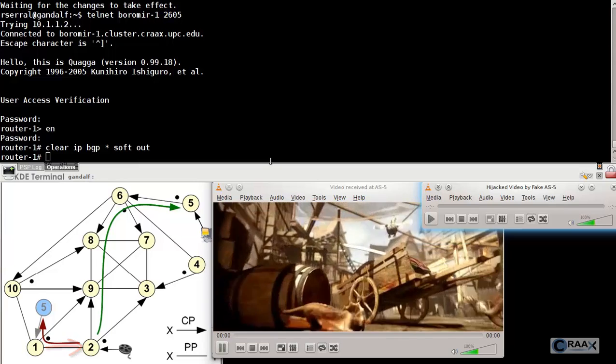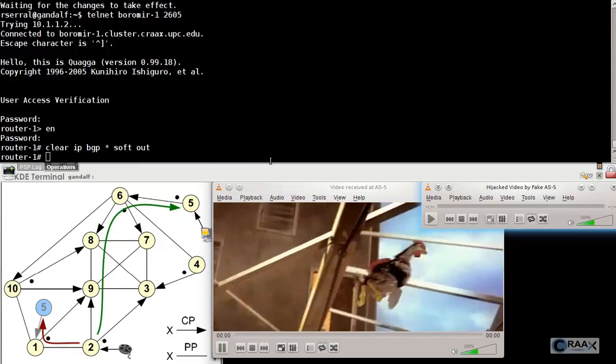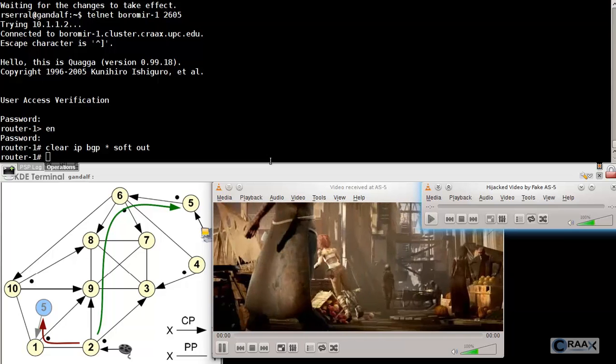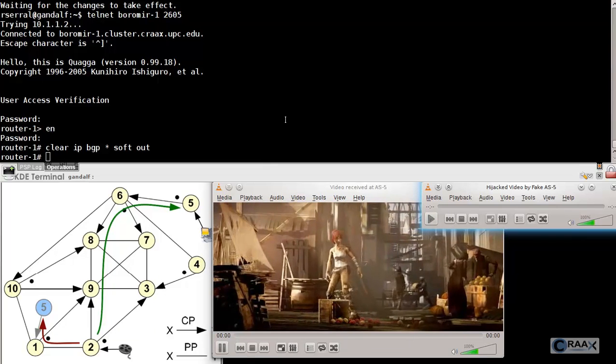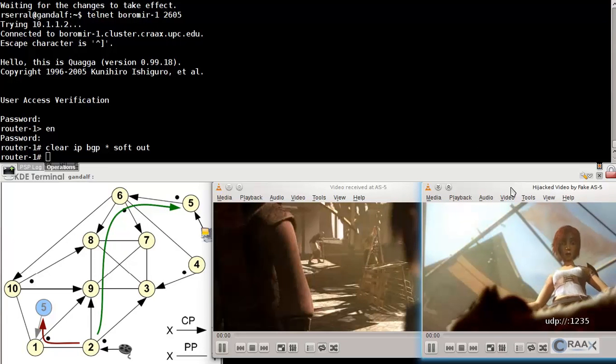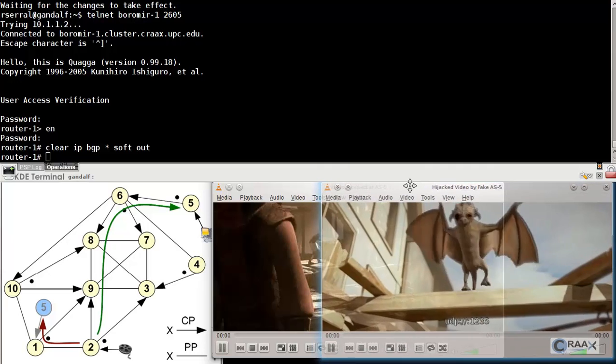inspecting the messages. In the short time that it takes for the routes to spread out, we will see that the video stops in the real IS5 to go to the hijacked video in the fake IS5 window over here. Now the window is buffering, and after this buffering